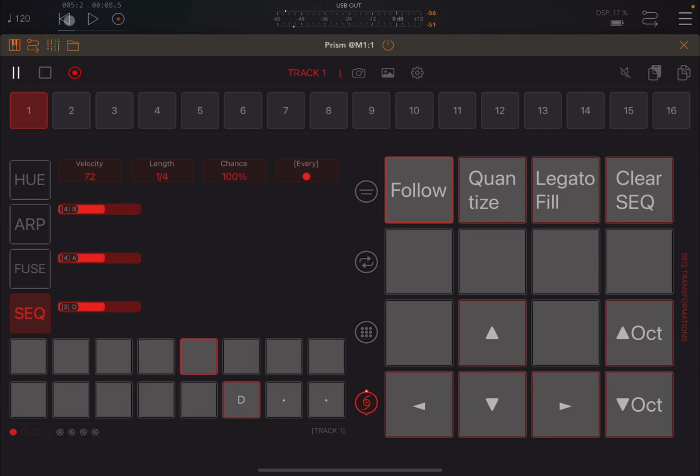Okay, so that is how it works. Now you can see some of the steps which are not filled in. If you press the legato fill, it will fill the step in based on the notes that are pressed. Now a way to know where you are here, because there are multiple bars, is to click and hold